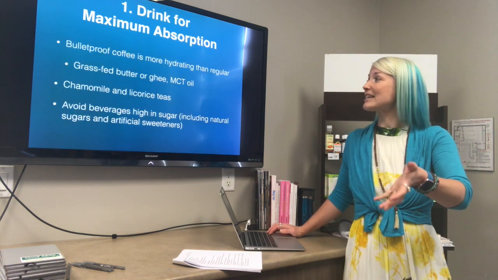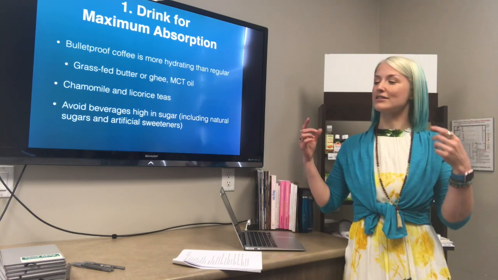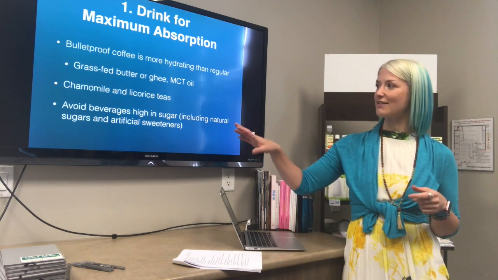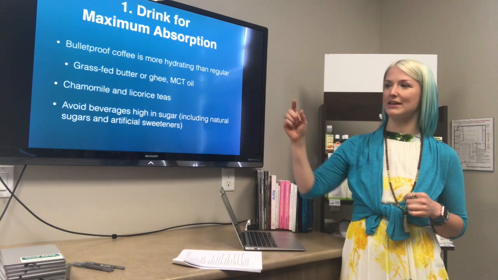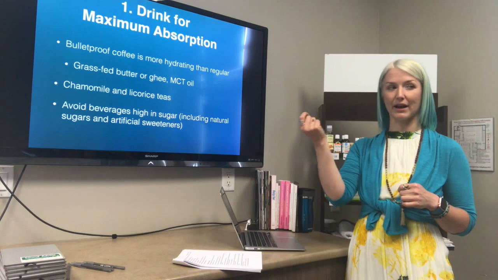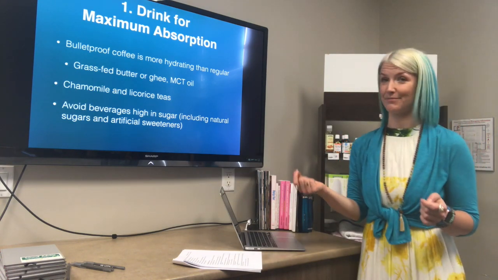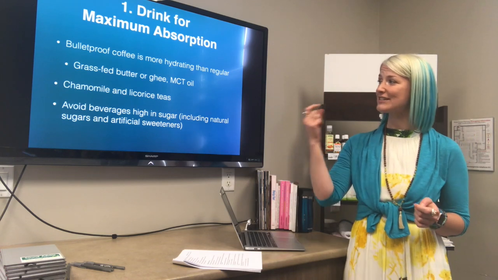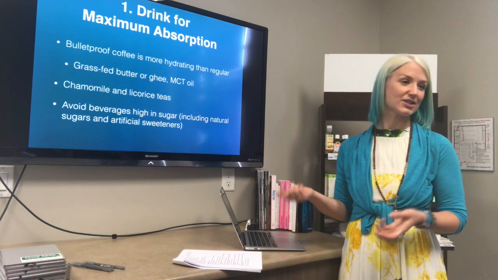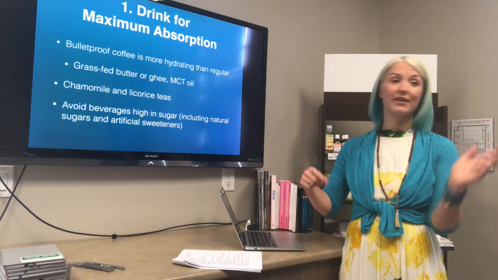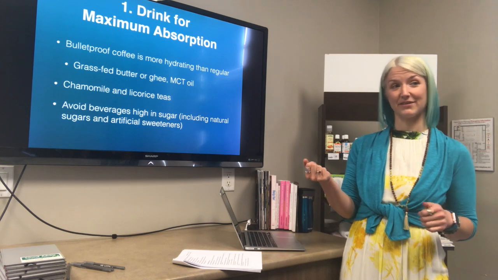Bulletproof coffee, and essentially what it does is it slows down the absorption of caffeine. So what happens is you take your coffee, you add some grass-fed butter or ghee, and it's important that it's grass-fed because it has this specific butyric acid, which is way healthier for you than grain-fed butter or ghee. And so you take that, you take some medium chain triglyceride oil, which is essentially refined coconut oil. Throw that into a blender and whip it up really fast. It turns it into like a latte type feel.